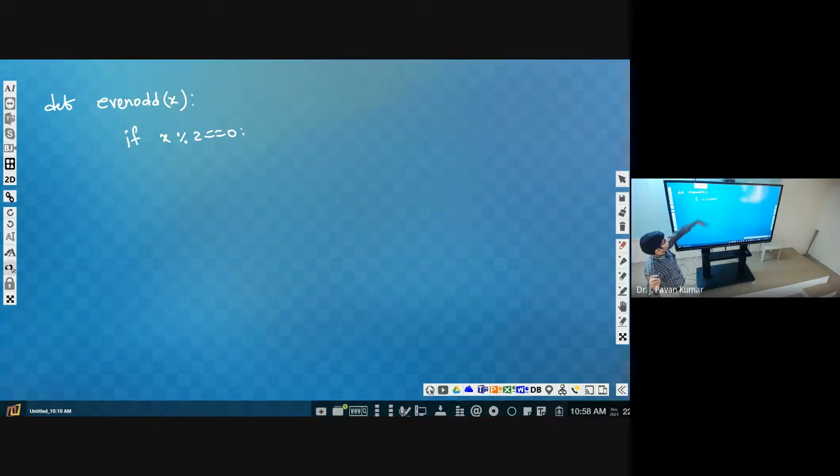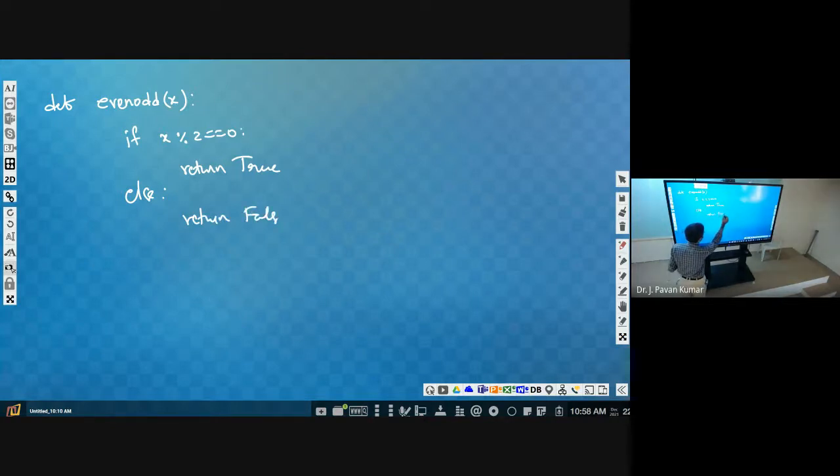We are giving one element at a time. It is an anonymous, independent function. Okay, this is the function. If you give one number, it will return either true or false based upon even or odd.